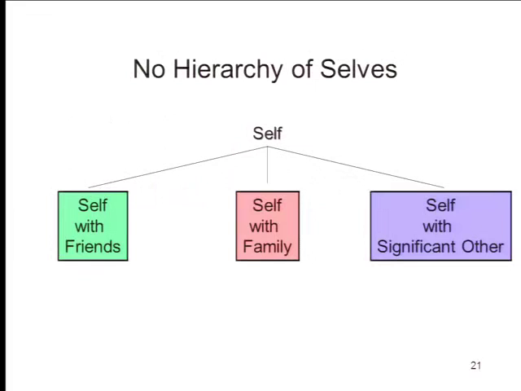So you've got the self with friends, and it just sits there as a mental representation, and the self with family and the self with significant other and all that. These are selves, but they're not united by anything. There's no prototypical self that is abstracted from these, and so there's no hierarchy of selves either. They're just all instances, the same way our concept of birds might contain a set of instances instead of just one single prototypical bird.